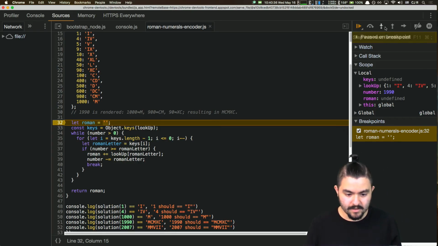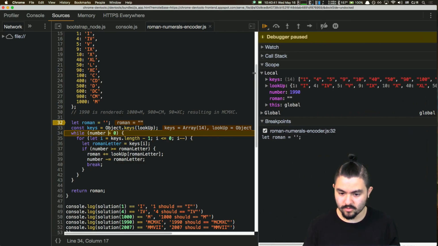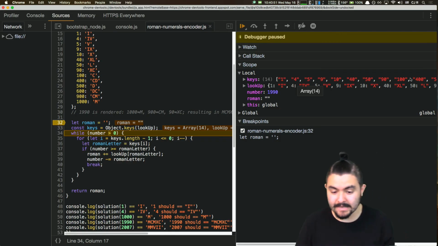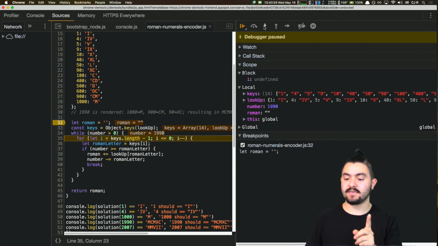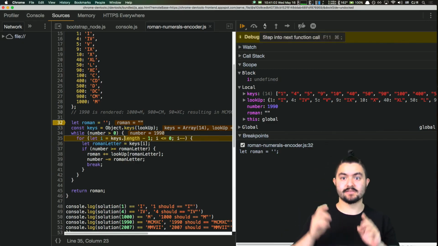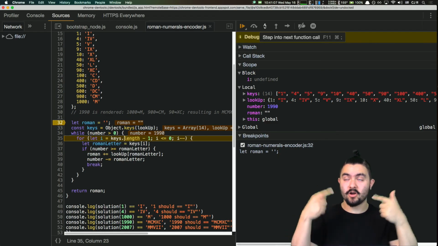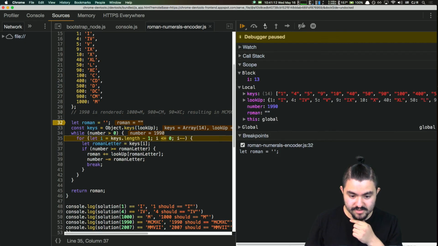Okay. So first we create our keys, which are all the possible letters that we could throw in there. Then we make sure that number is greater than 0. Cool. So we're going to iterate over the keys until we find a number that our current number is greater than. So we're going to do it in reverse. So we'll start at,